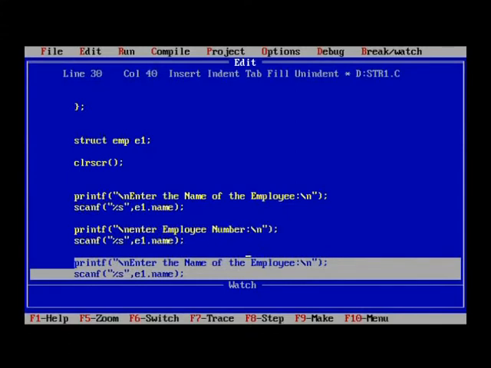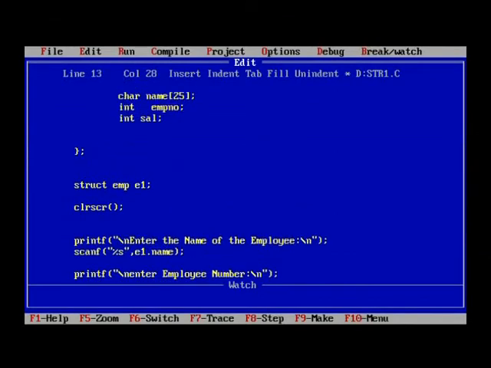Enter employee number, and you know that the variable is E1, which is of the employee structure type, and that one is EMP number. Go and see whether the variable and the member are one and the same.